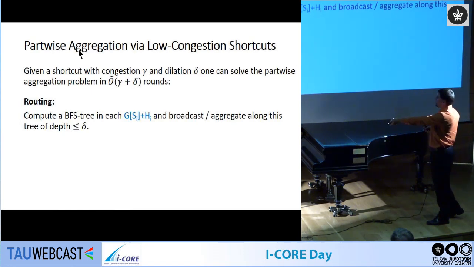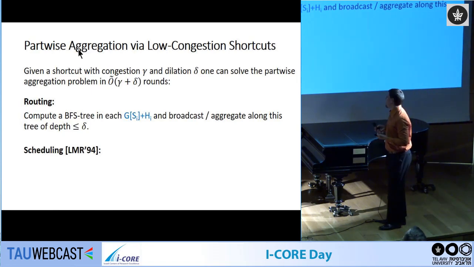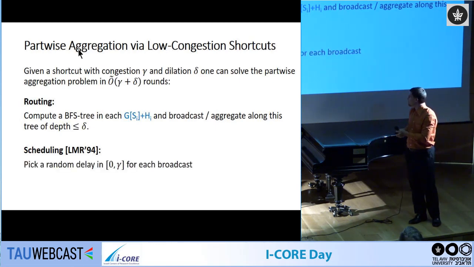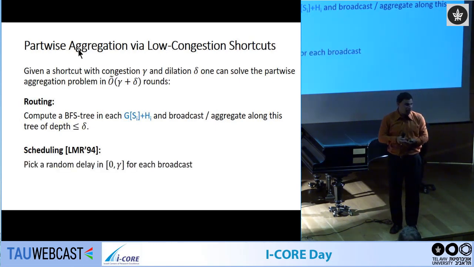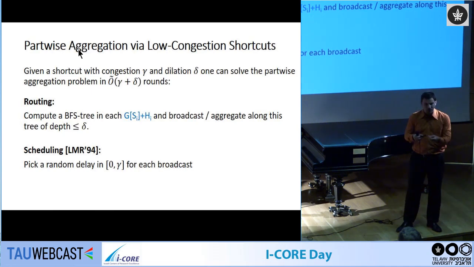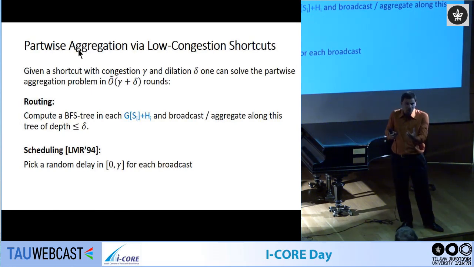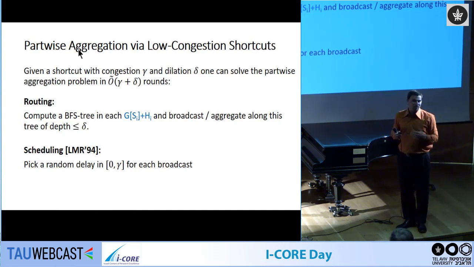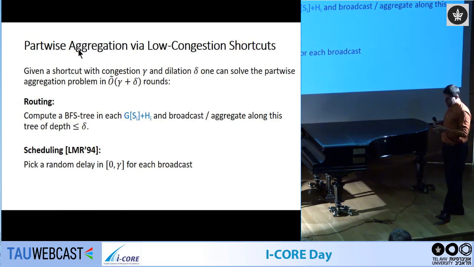For the scheduling part, this is, I guess, the first time I've seen it, it's implicit in Leighton-Maggs-Rao, but it's a much, much simpler version. So here's a neat trick. Instead of doing everything at once, and then we might have congestion of gamma at an edge at one time, we're just going to use a random delay. Instead of starting all the broadcasts at the same time and potentially being unlucky and having one edge really congested, we're going to give each of the broadcasts or each of the aggregations a random delay between 0 and gamma. So if we do this, what's the expected